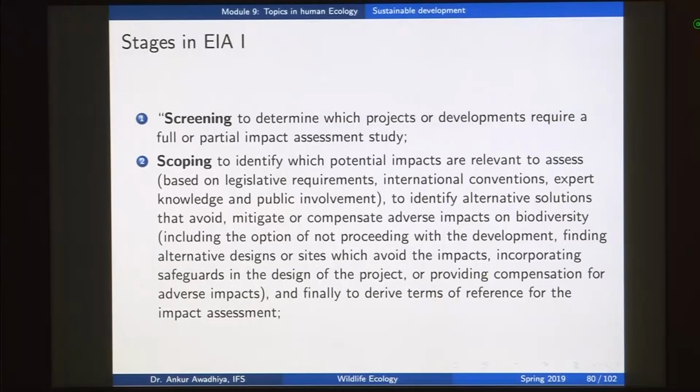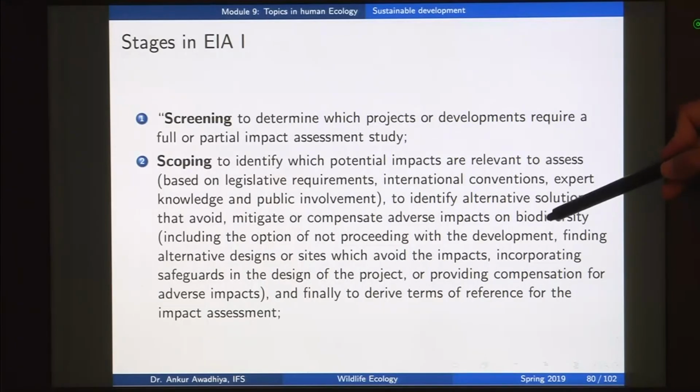The second thing is scoping. After screening we go to the scoping stage. Scoping identifies which potential impacts are relevant to assess, identifies alternative solutions that avoid, mitigate or compensate adverse impacts on biodiversity, and finally derives terms of reference for the impact assessment. So, for instance, if there is a dam that needs to be built, and this dam is above a certain size limit or above a certain cost limit,